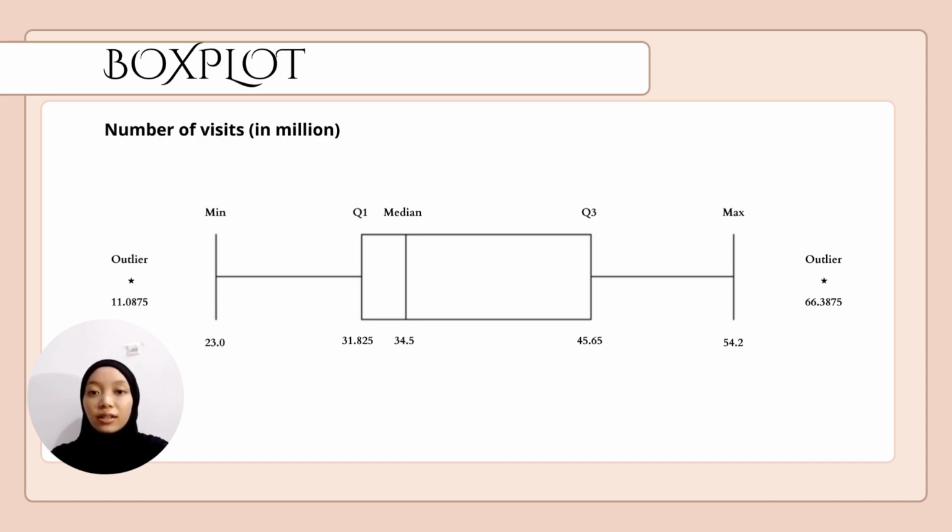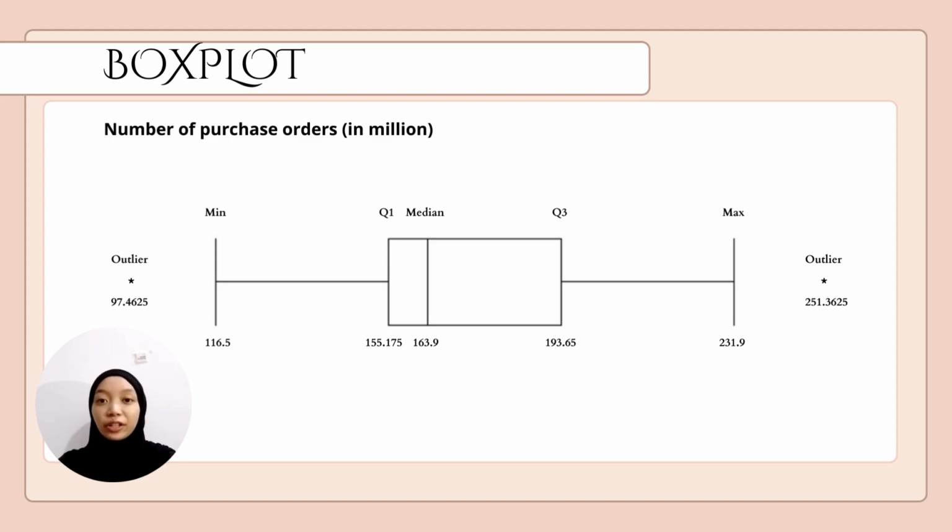For the outliers, 11.0875, 66.3875. Lastly, for the box plot, number of purchase orders, mean is 116.5, quartile